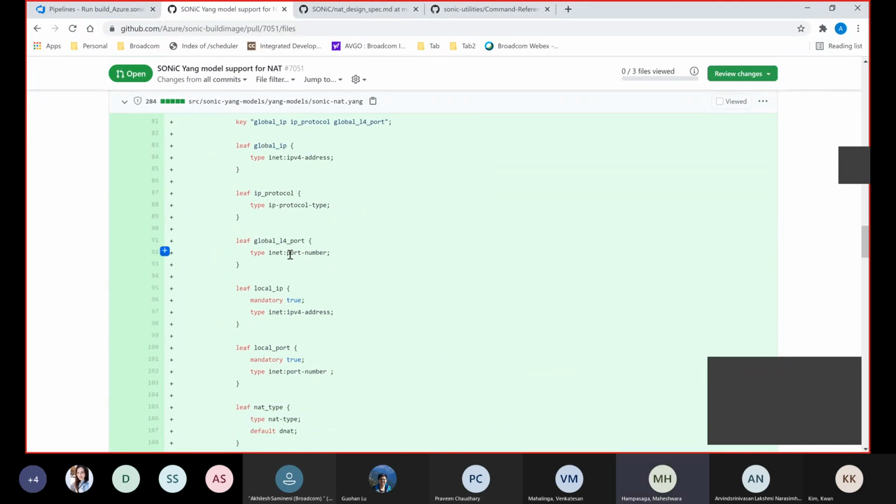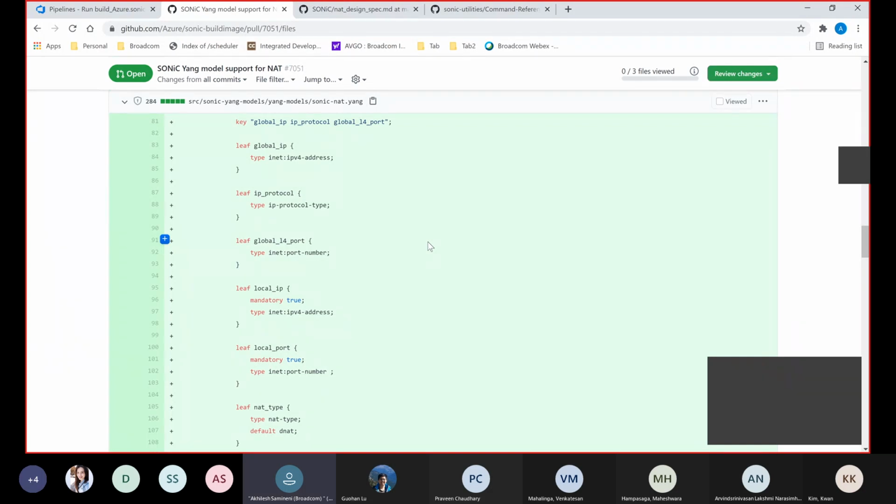Also, your NAT IP is a range there. How do you just put a single IP address there? I don't quite understand. That one is also a range, right? No, we are giving the user a possibility, like he can give a single global IP, and he can configure a set of port numbers. That one is allowed in NAT. So for that purpose, we are assigning a single IP.